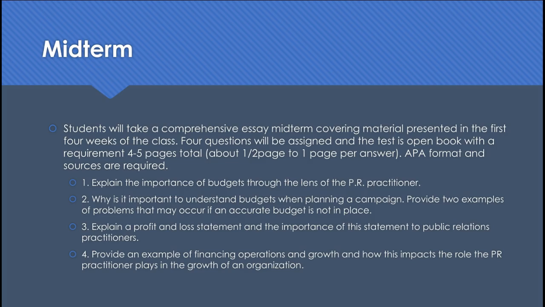The 4 questions you'll need to answer should be roughly about half a page each. The entire thing between all 4 questions should probably be at least 4 to 5 pages in APA format with proper sources and citations. If you've done all of the assignments in the course, you'll see that some of these answers are not too difficult because you have created some of these things within those assignments. So do work on this early. There are 4 questions, and it has to be a minimum of about 3.5 to 4 pages, and go from there. If you have any questions, do let me know.